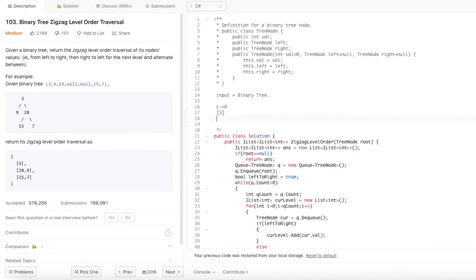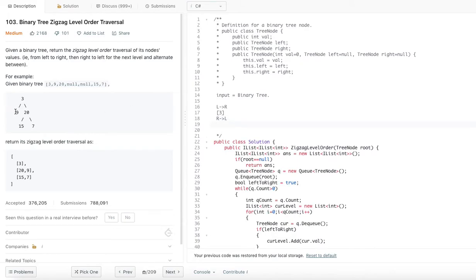Next, for the next level, we are supposed to go from right to left, right? So that's the trick here. Normally when you do the breadth first traversal, you do the levels basically.